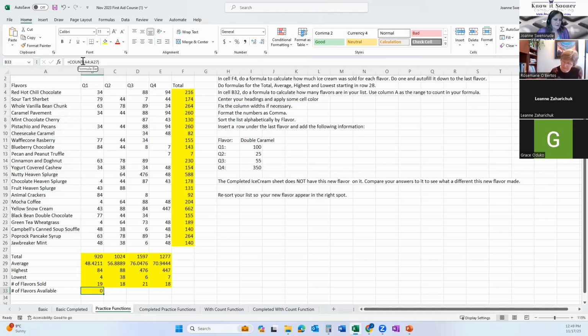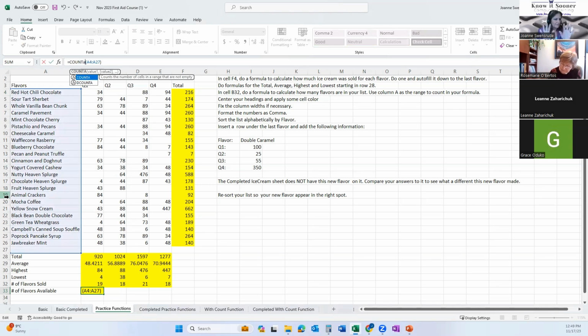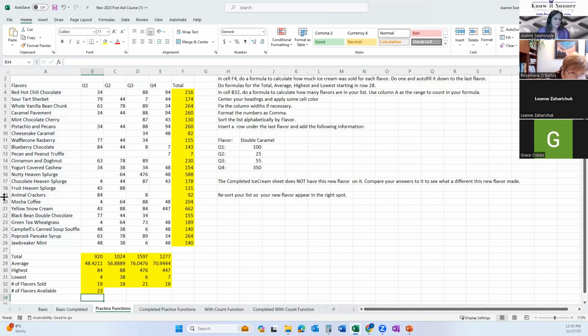I talked about one a minute ago. Count it if it's greater than 0. We wouldn't use that here. I'm going to click in my formula bar right behind the T, and I'm just going to type in A and it comes up with some things. It's like, oh, hey, I recognize count A. That's kind of a little cousin of count. Count A. And then I'm just going to press enter. So I want it to count A4 to A27. Yay, 23. Amazing. So that is sometimes a really big time saver for people. Yay, Casey, you got that.